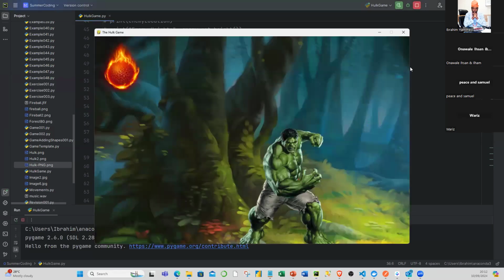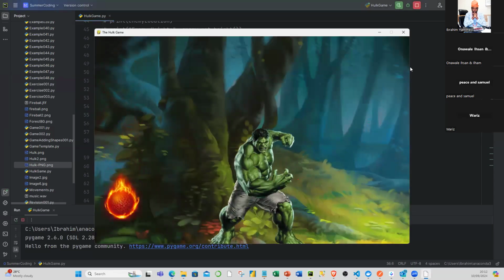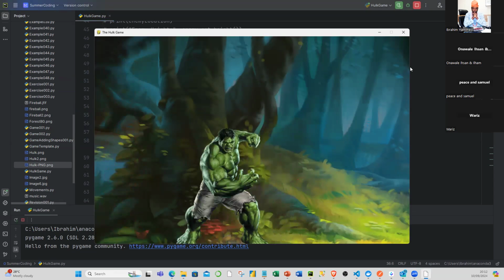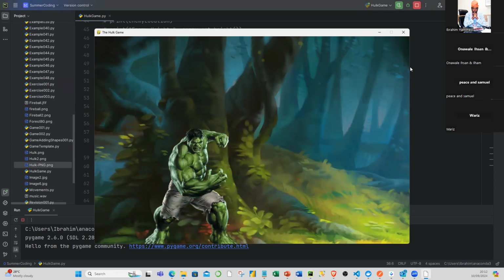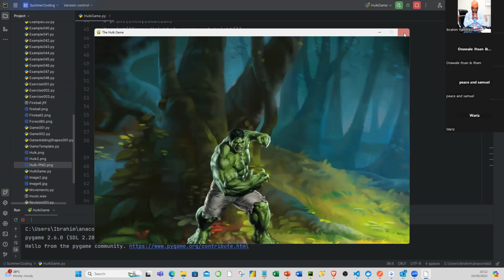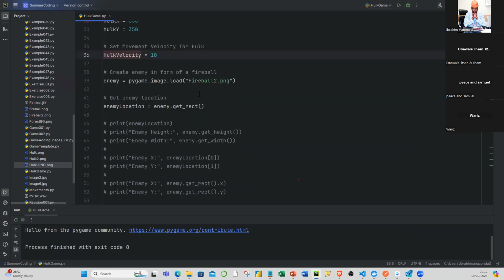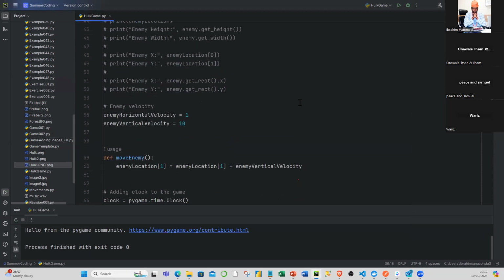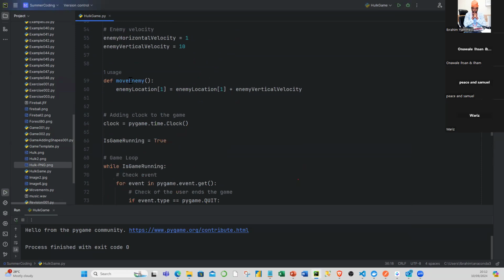The enemy is coming down. See how much ground Hawk can cover at a given point, and then it can also move this way. So maybe we give Hawk a faster speed so that the enemy doesn't have too much advantage over it. So I can use 15. So that's one way of moving the enemy